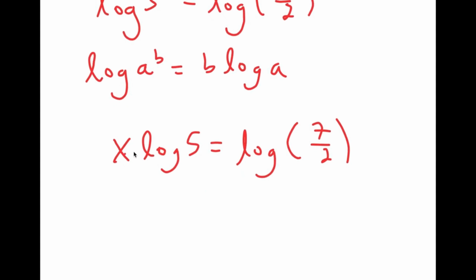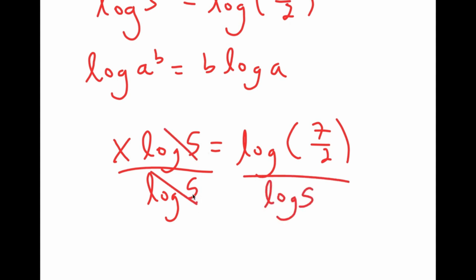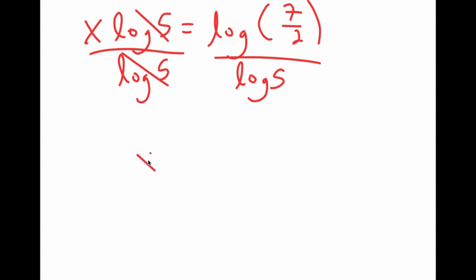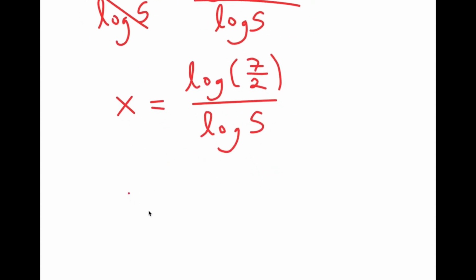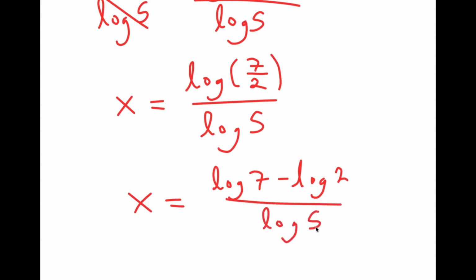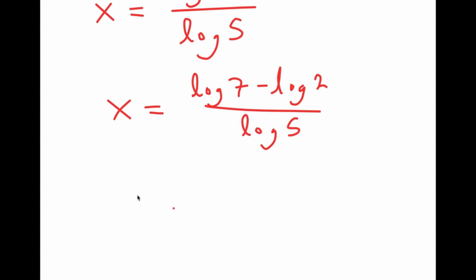Now, we want to isolate x, so I'm going to divide both sides by log 5. So now these two cancel out, and I get x is equal to log of 7 over 2, over log 5. Now this turns into log of 7 minus log 2 over log 5, which is equal to